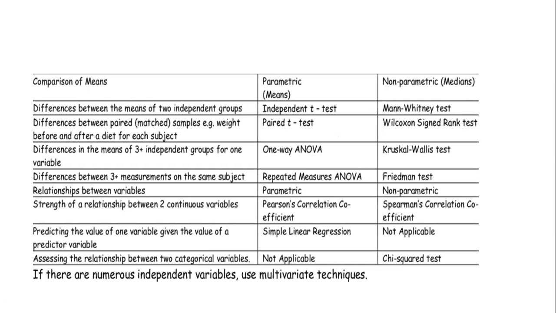The comparison of parametric and non-parametric. Always, if you want to find the difference between two means of two independent groups, you have to go for t-test. And the non-parametric test we use for this is Mann-Whitney test. I will explain that in my next slides, but just keep in mind, we divide parametric and non-parametric tests according to the distribution. If your data set has normal distribution, you have to go for parametric tests. And if your data don't behave normally, you have to go for non-parametric tests. That is the basic thing that you need to keep in mind.